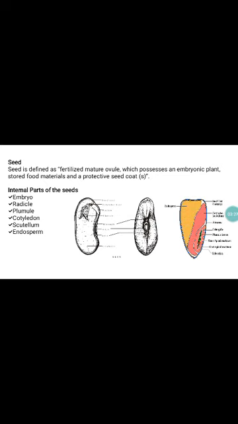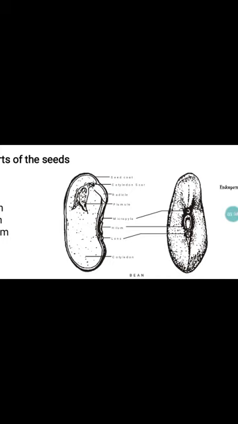In the case of dicot seeds, for example black gram and green gram, kidney shaped structures are available. Here you can see them in the figure. This is a cotyledon, a kidney shaped thing. Two cotyledons are available in this particular case. In dicots, these cotyledons act as a storage organ. Apart from that, the cotyledons also have life; they are of a living nature.